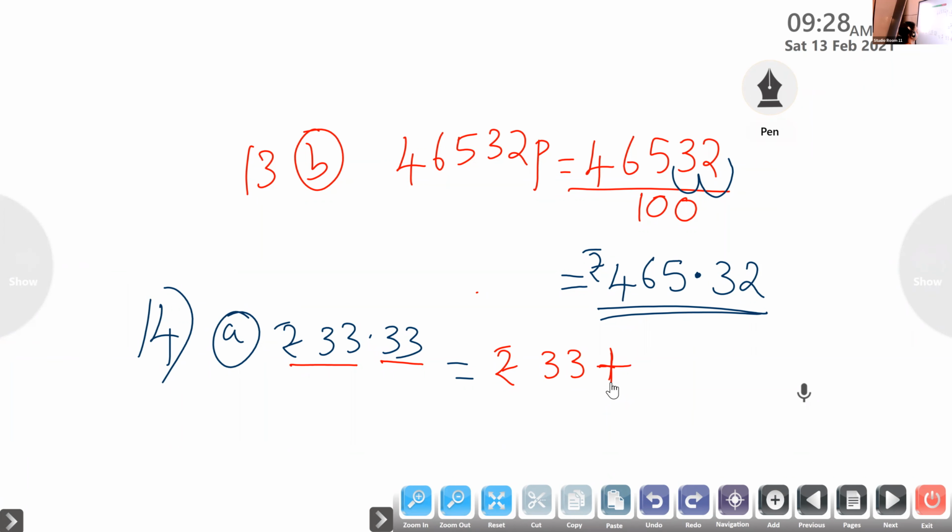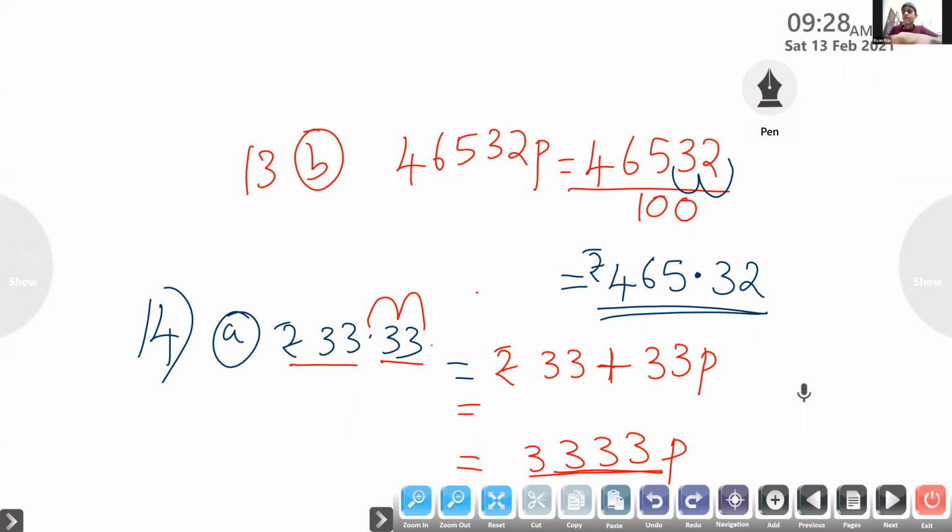Can you see the board? Same 33 paise. So before writing the step, I can write the answer. Write the number without a decimal point. Very easy. Write the number without a decimal point because we are moving 1, 2. Then after that, we are placing the decimal. So no need to write that decimal point after the number.